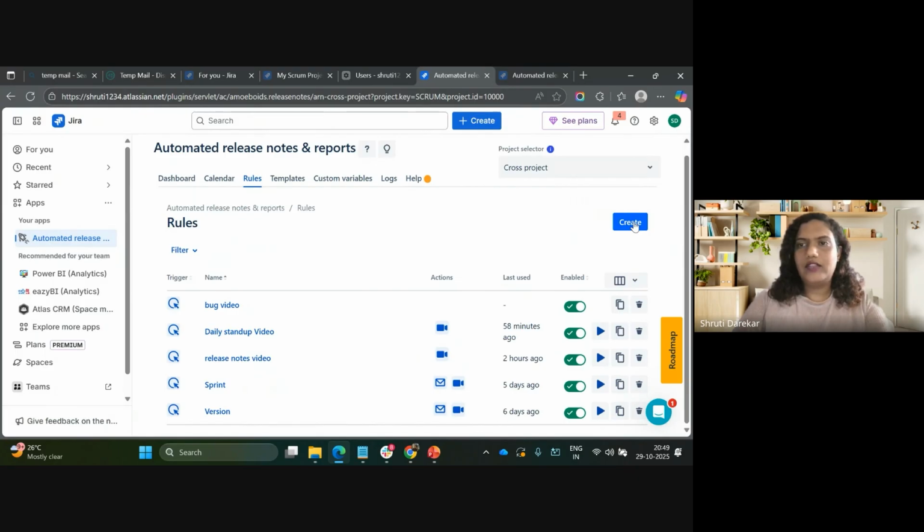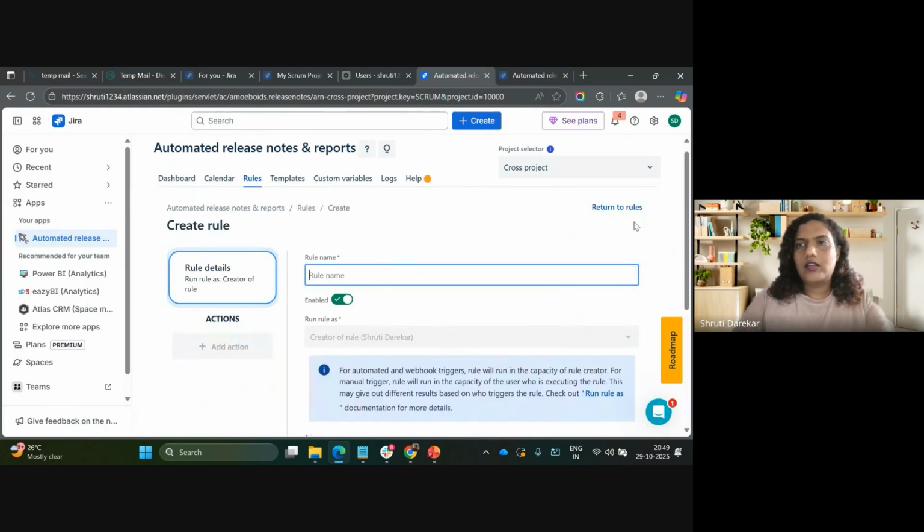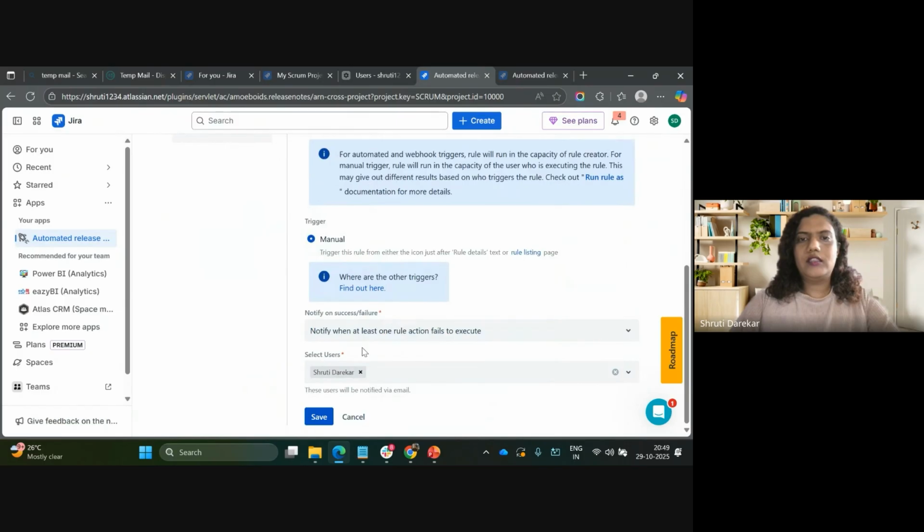So for that, you need rules. So for that, you just click on rule. You can quickly name it for generation and save it.